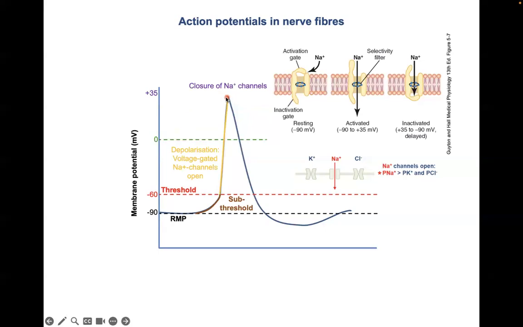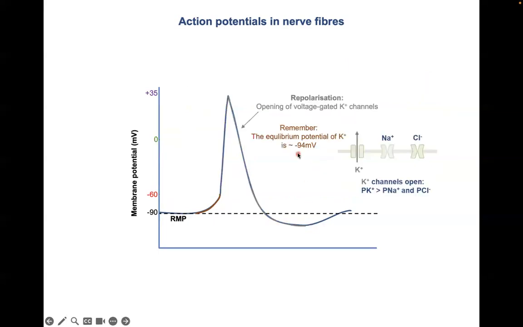Now at this point, the permeability of the membrane to potassium starts to rise again. We have here many different types of potassium channels, voltage-gated, like a domino. They open up one after the other, so we maintain a very high permeability to potassium until here. Remember, the equilibrium potential for potassium is minus 94 millivolts. So we see here, since the permeability of the membrane to potassium remains very high, all the way from here down here, we can reach a so-called hyperpolarization phase, where the membrane potential is almost equal to the equilibrium potential